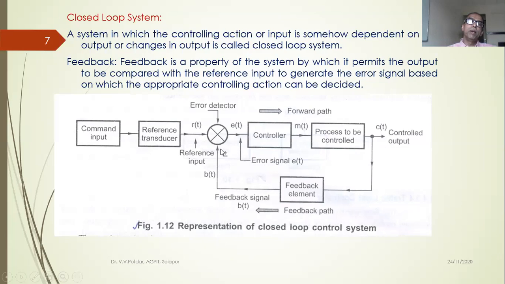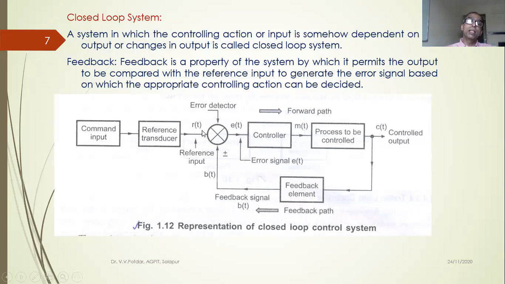10 volt is my feedback signal, B is the feedback signal. 10 minus 10 is 0, so the error becomes 0. The controller will put the heater off. Why? Well, the desired temperature is achieved. So the controller, in a typical closed loop control system or feedback control system, controls the system parameter effectively.